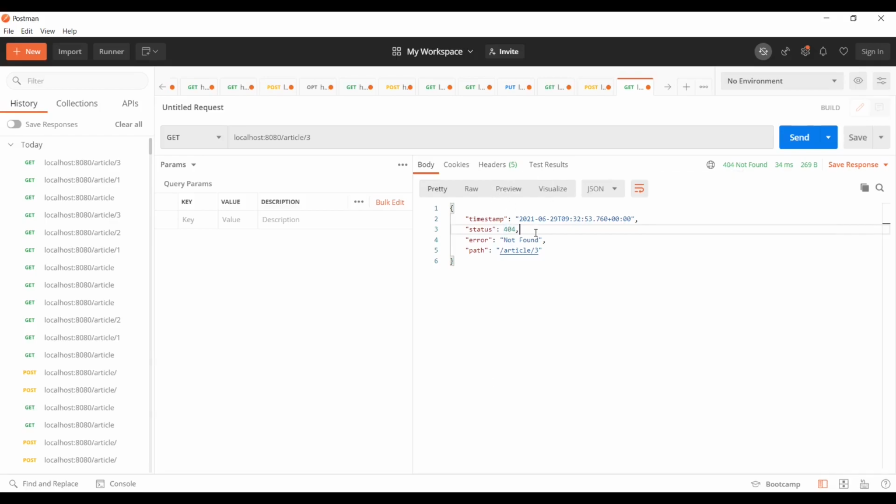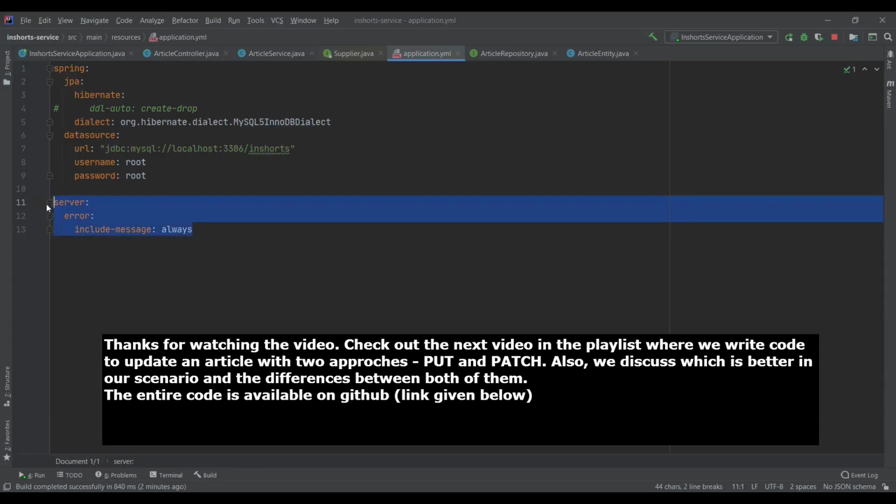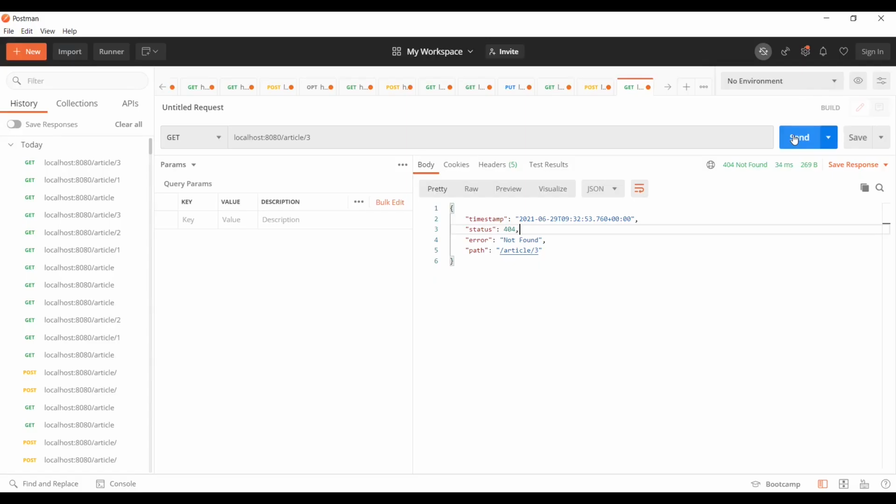One thing you could notice is that there is no message. As it turned out, in the new Spring Boot version, they don't allow you to send the message by default. You have to add a property. So let me add that real quick. This is the property that allows you to print that message. Just like server.port, we have a certain property called server.error.include-message. Now I'll be hitting again, and now you can see the message is available.